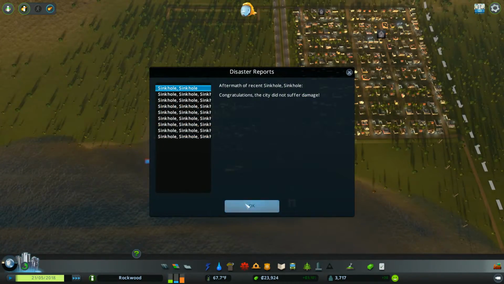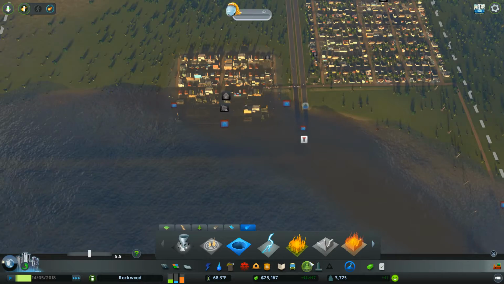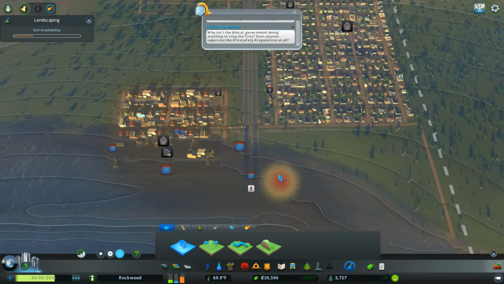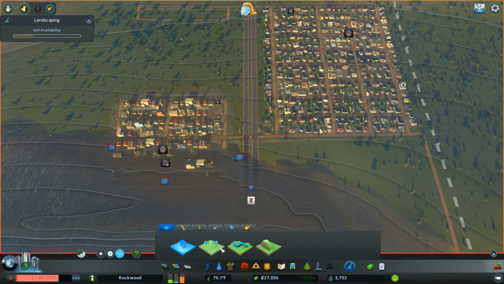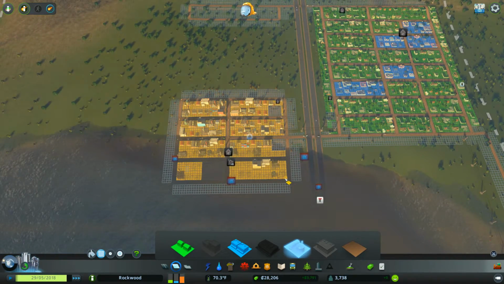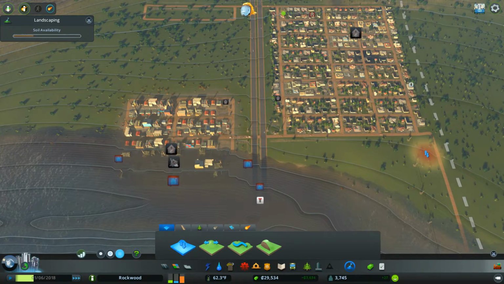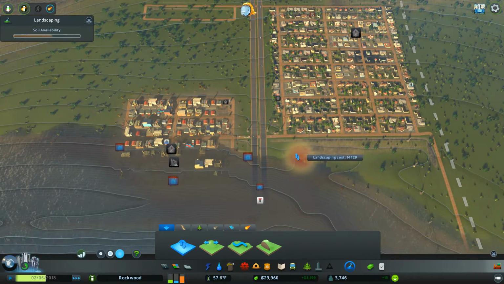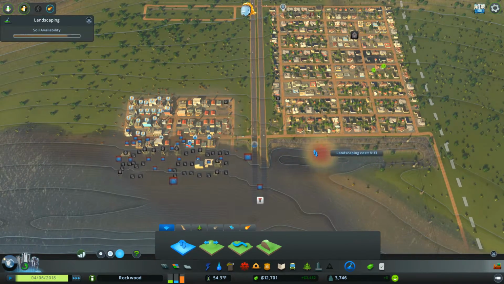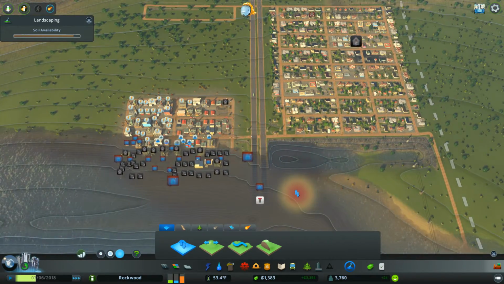See all those sinkholes? I mean, we could maybe... I mean, basically, this is all lost. We don't have a lot of money. Yeah, that's all of our cash, so...